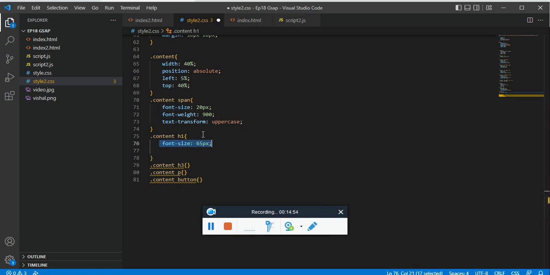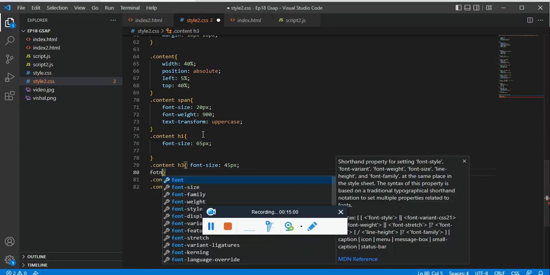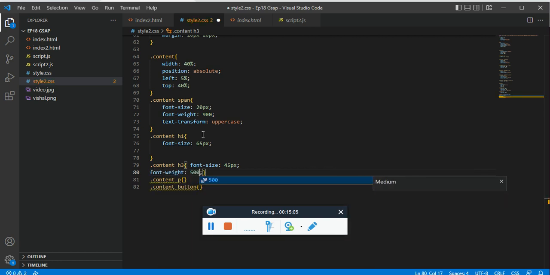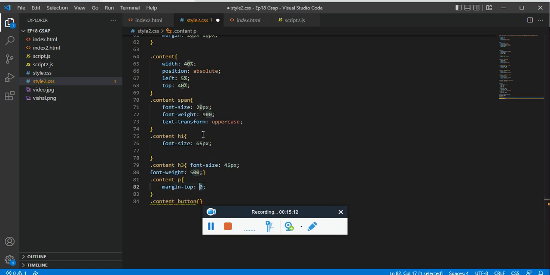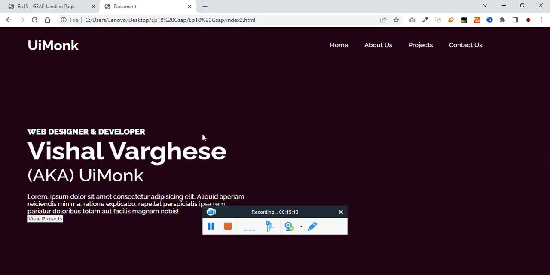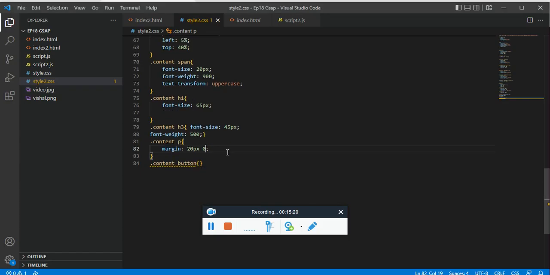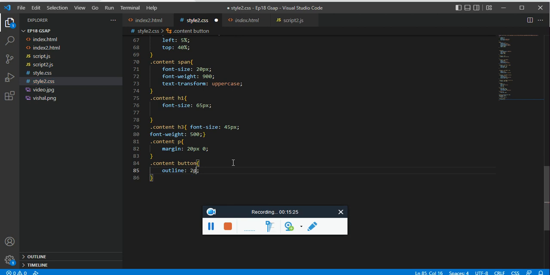Copy this and give this to h3, 45, and let the font weight be slightly lighter, let's make this 500, and let's add the margin: top and bottom, left and right 0. And for the button we just need outline 2 pixels solid white, and